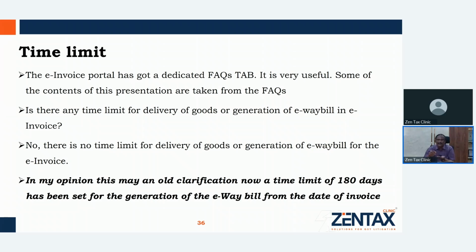Okay. Now the question may arise, why is there a 180 days time limit? There is no need, but situations can come. For example, project exports. For project exports, the exports will be taking place from Mumbai port, but goods have to be transported from Chennai. They will be making the invoice after the vehicle is ready, and then the goods have to be assembled at Mumbai from various locations. So for this purpose, there will be delay in generation of the e-way bill. Now there is a limit of 180 days for taking the e-way bill. So from your e-invoice date also, the e-way bill has to be taken within 180 days. This is a very, very important aspect.